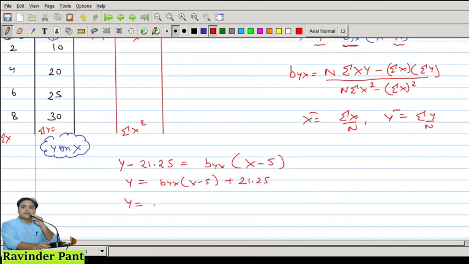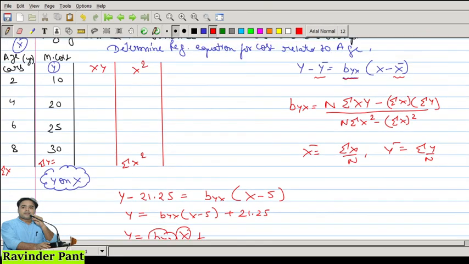तो ये आपकी एक इक्वेशन बनेगी. That equation will be y equals byx into x, ये कोई नंबर आपका आएगा और plus minus कोई भी constant. So now you just need to put the value of x as 10. Why? x क्या है, age है ना, and the examiner wants us to calculate